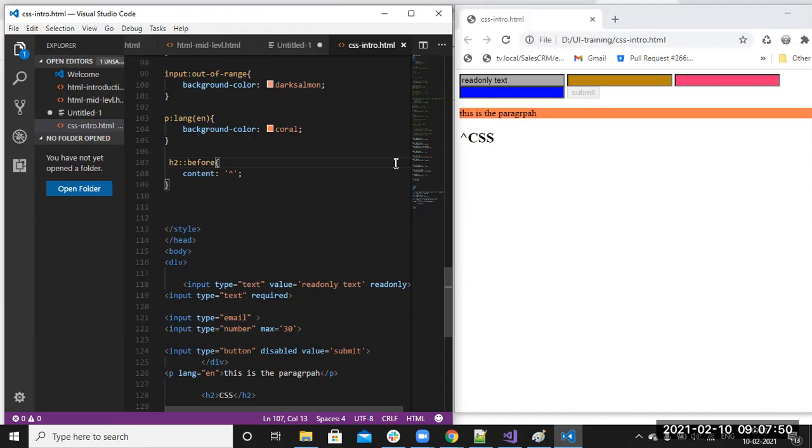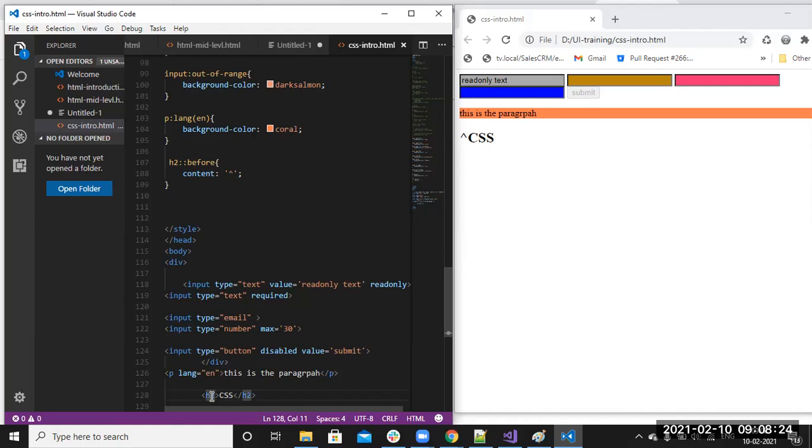Mostly, if you have a company name, before the company name you want to add some particular image. From the direct HTML also we can add, but if you add it from colon before, you get the advantage that you can add that CSS directly, for the same element only.